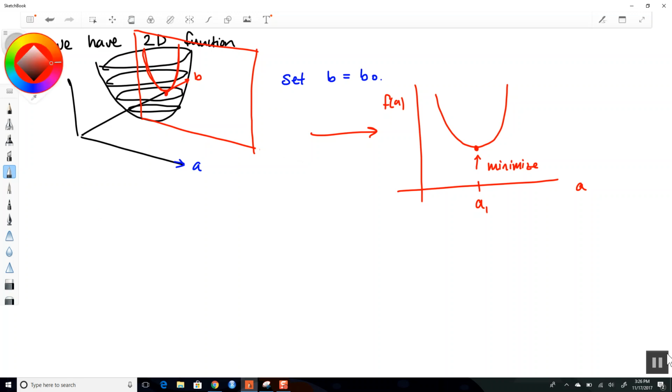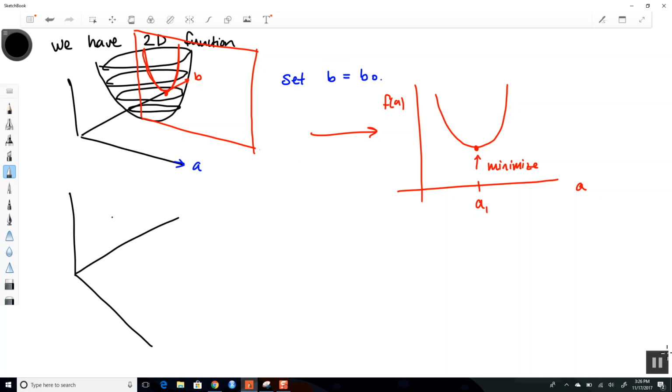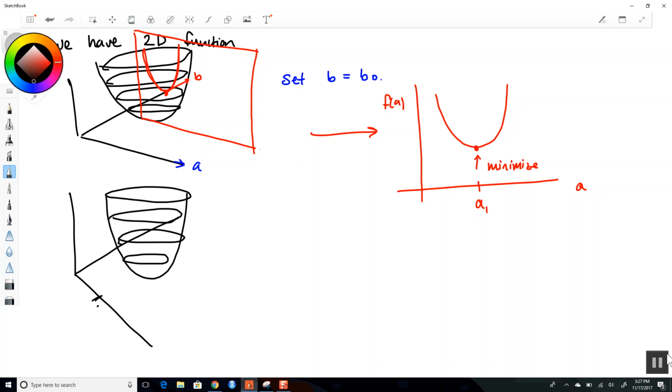And then at the next substep, still have this thing. Okay, and now that I've found that, I'm going to take this and